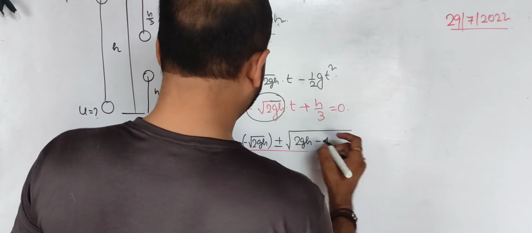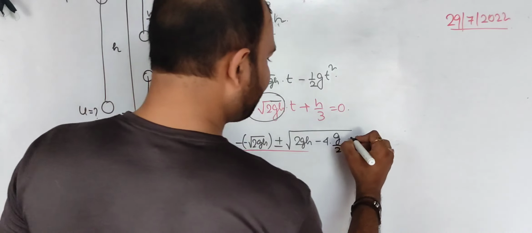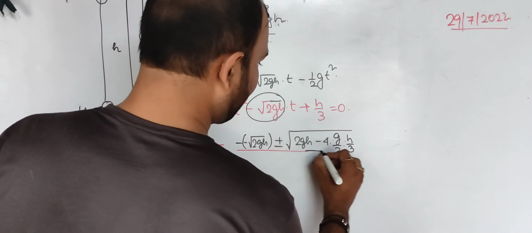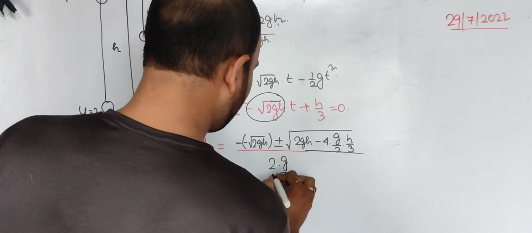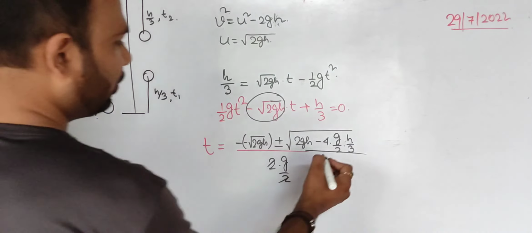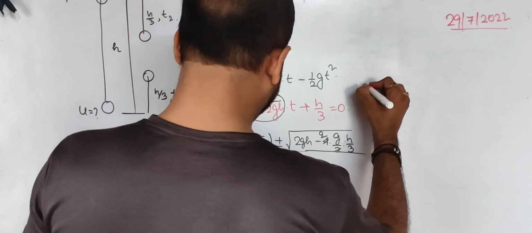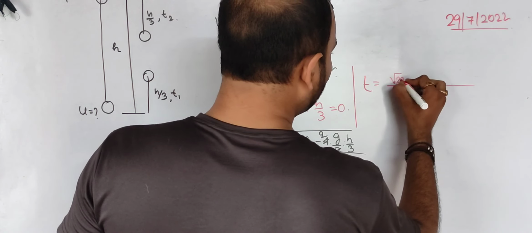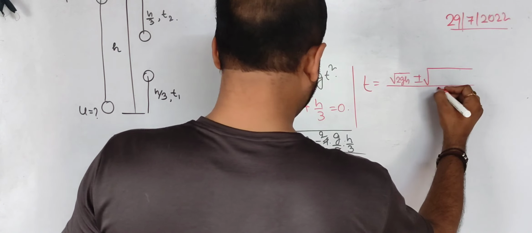What is a? That is g by 2, into c, h by 3, by 2a. The 2s cancel out, and we'll get t equal to root over 2gh plus or minus root over